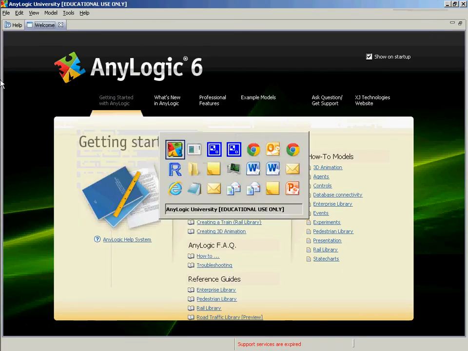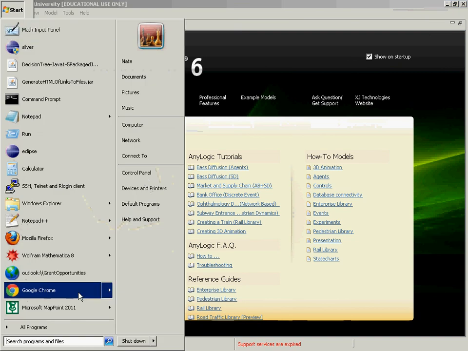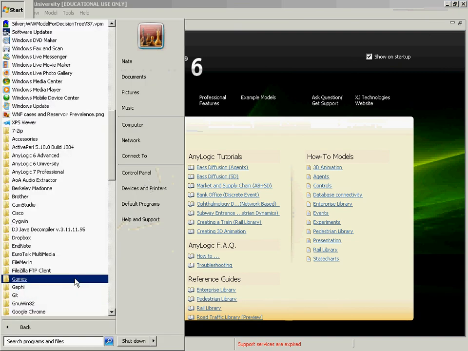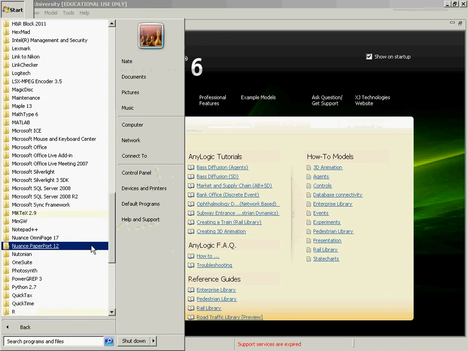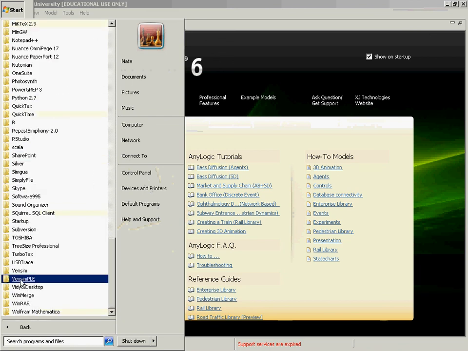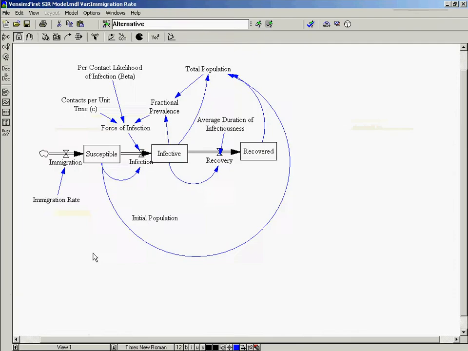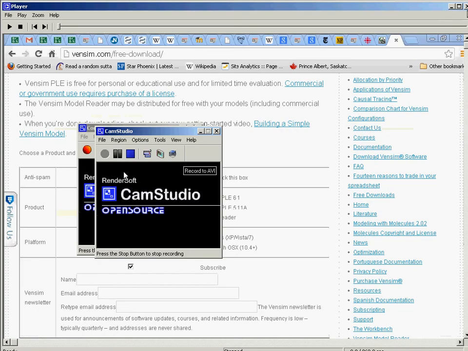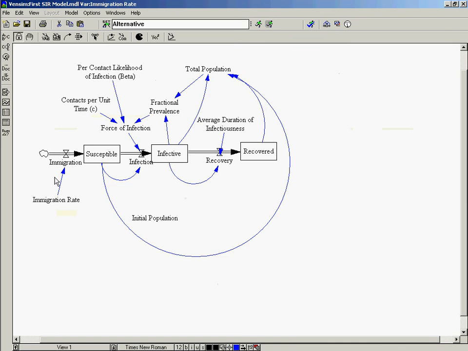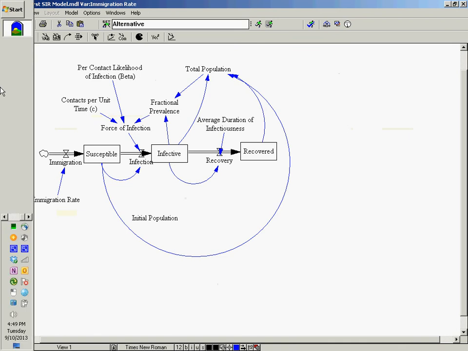Okay, so we're going to go to Vensim. I have a slightly different version than you do, so you'll see slight differences, mostly differences in icons. So what I'm going to do, just to speed things up because we have limited time right now, is